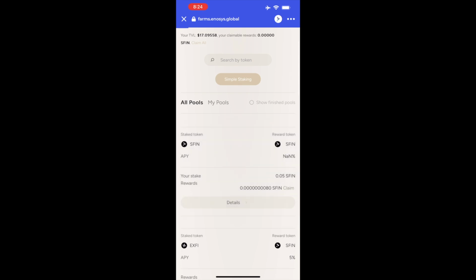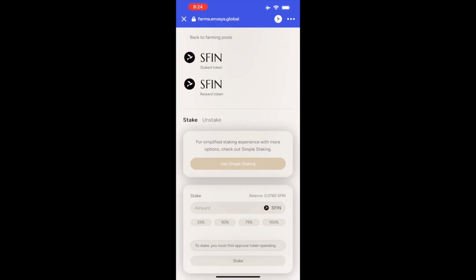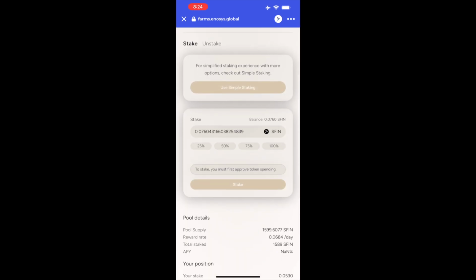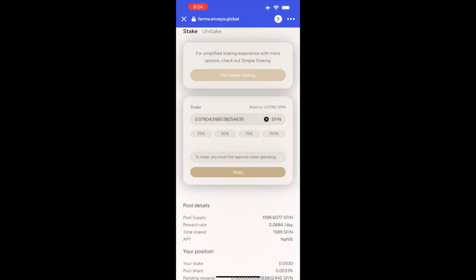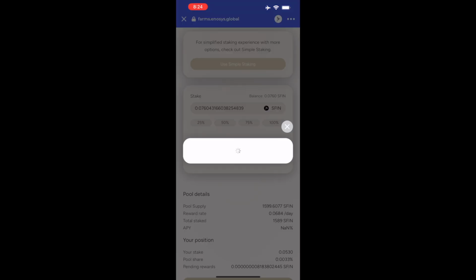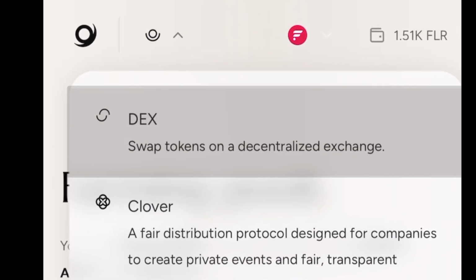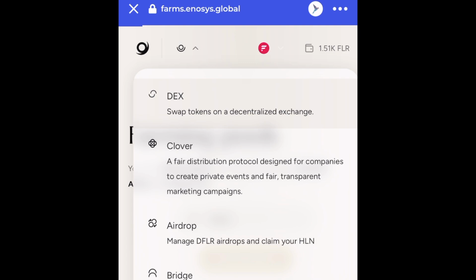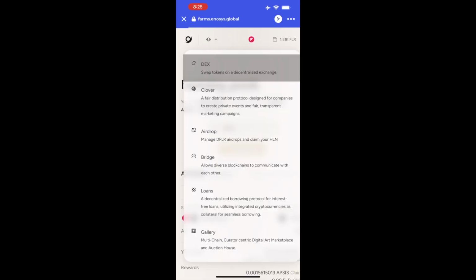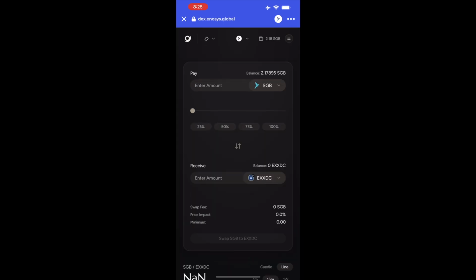On Enosys, you'll be earning, if you're in the Flare network, APSIS, no matter what liquidity pool and assets you put in, whether it's ETH, QNT, Flare, SFlare, HLN, you'll be earning APSIS. Now you earn APSIS and you want to take that money and double it back down, you have to trade 50% of it in the DEX option on Enosys. That way you have money for a liquidity pool. You can't stake APSIS and earn more APSIS. You have to stake HLN with APSIS. You have to stake QNT with APSIS. It's a liquidity pool with two assets.